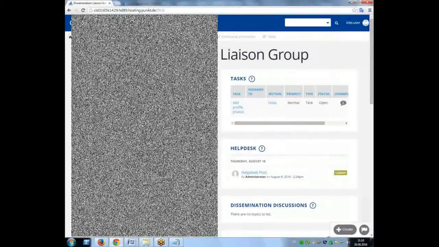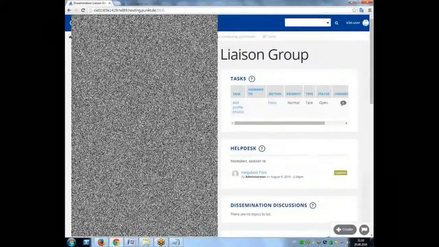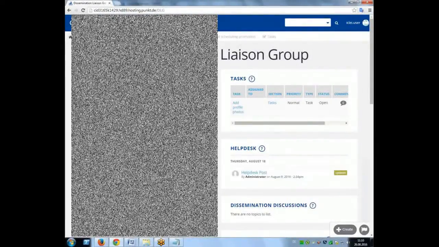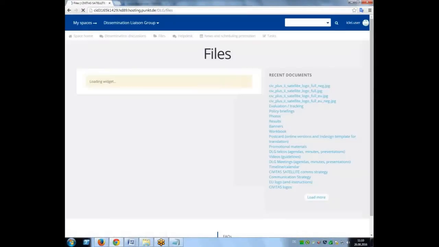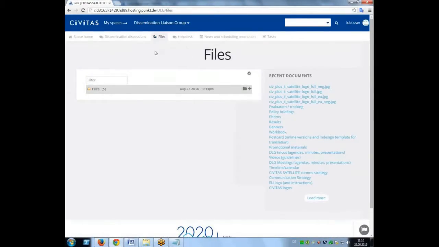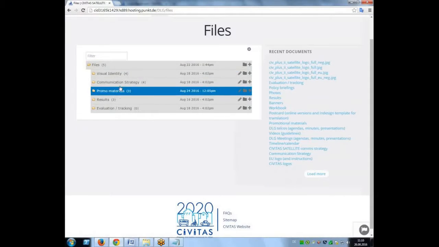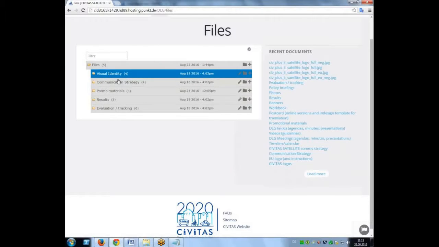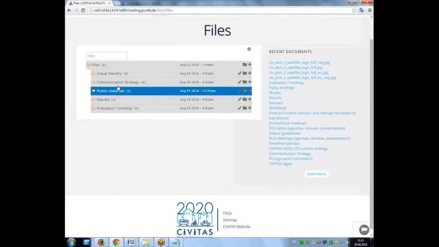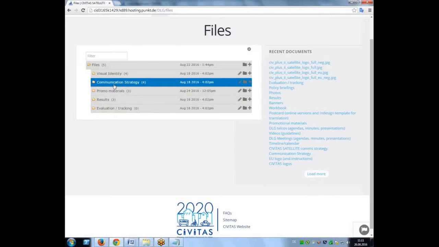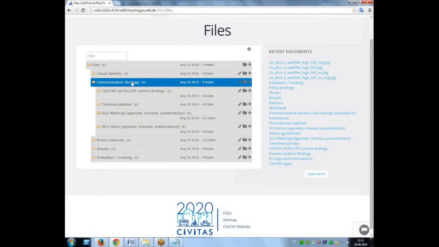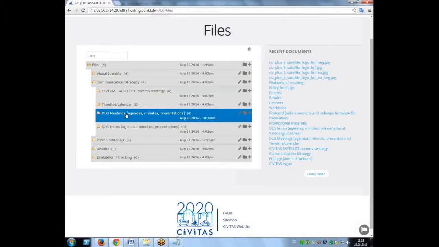So firstly, since certainly a main function of the space for us will be keeping files which will be in general use by all the space members, I will show you the file section first. You can reach that by clicking on this file tab at the top. And here you see that files are nested like this, so you have a general file section, and then by different purposes files are organized. So I'll go into communication strategy,